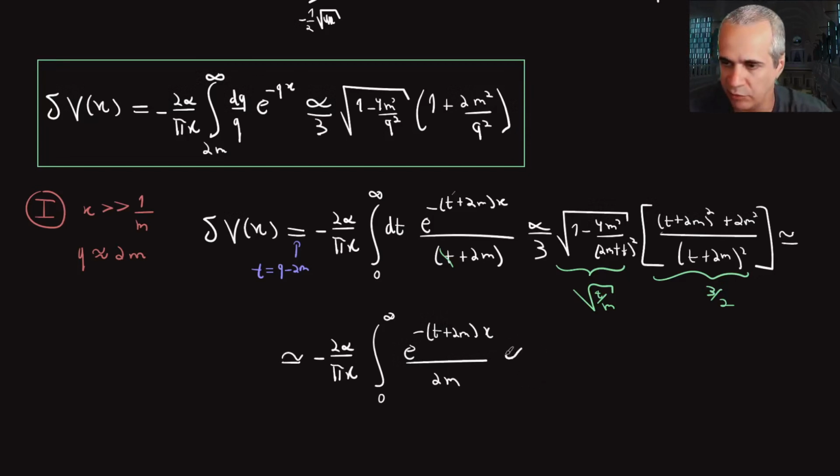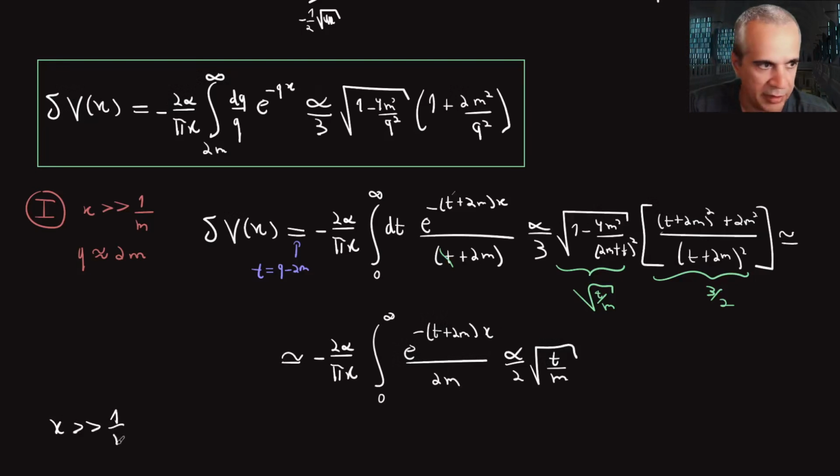So it's just alpha over 2 times square root of t over m, of course, plus higher orders of t. This is an easy integral to do, you can just do it, and that will give us, for x much bigger than 1 over m,